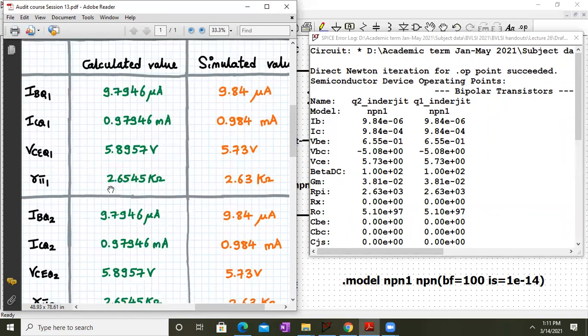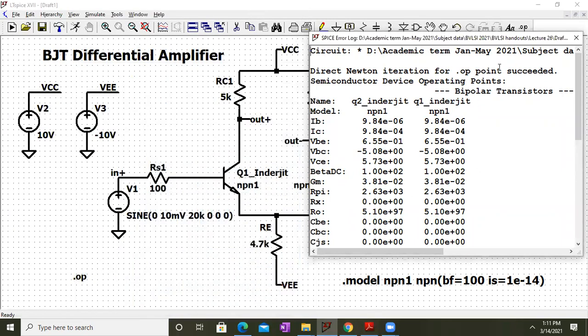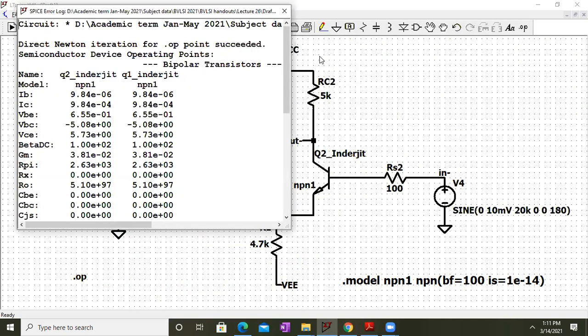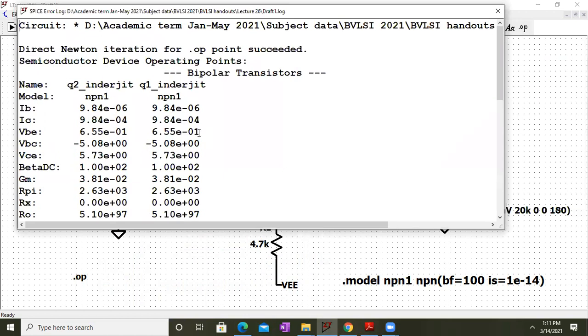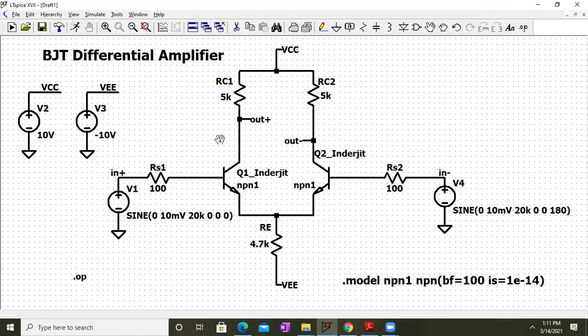Okay, now let us close this. So whenever you do this lab, you take a print screen of this also. See to it that while you do this, you expand and maximize this so that the values are visible over here. Let me close this now. Next thing to do is let us deactivate this. We don't require this .op now.